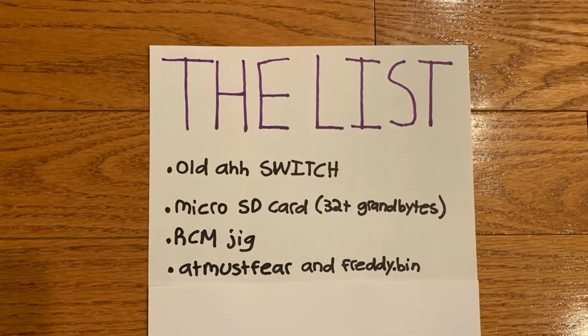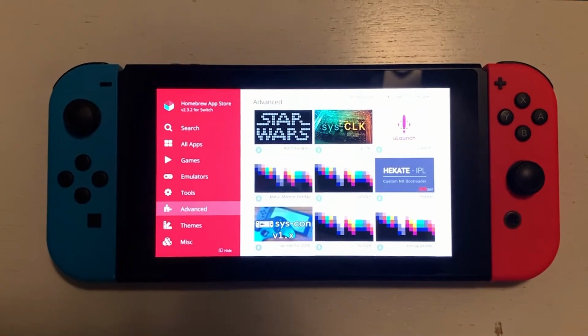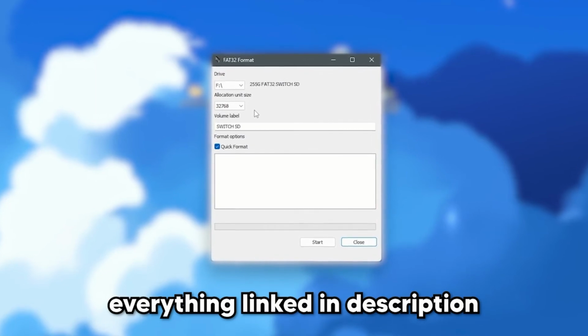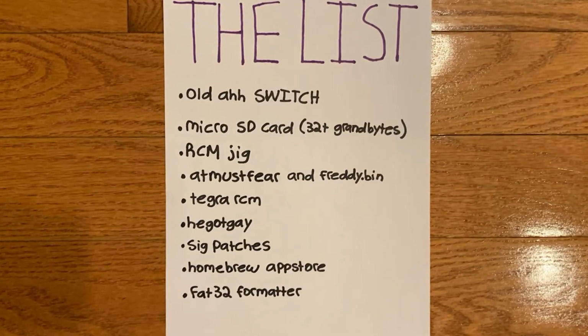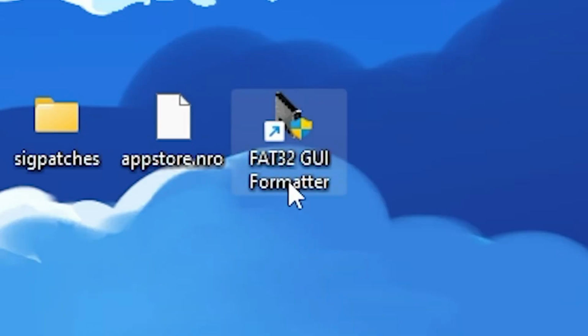Atmosphere custom firmware and Fuzzy.bin, Tegra RCM, Hekate, Sig patches, the Homebrew App Store, and an app to format your SD card to FAT32. Now that you have everything you need, take out your SD card and throw it at your computer. So now that you have all of these downloaded and extracted, we are going to open the FAT32